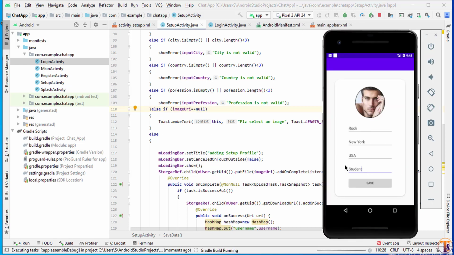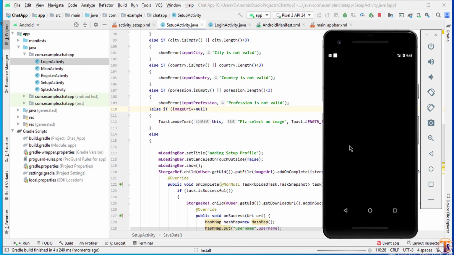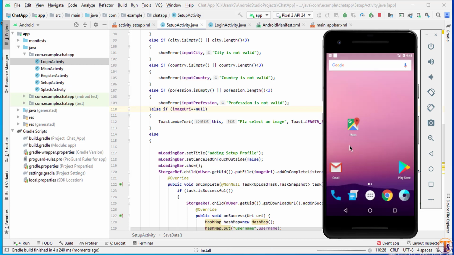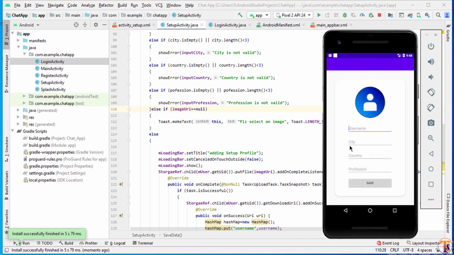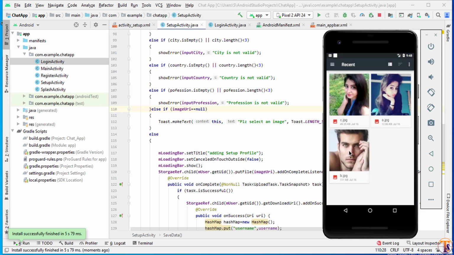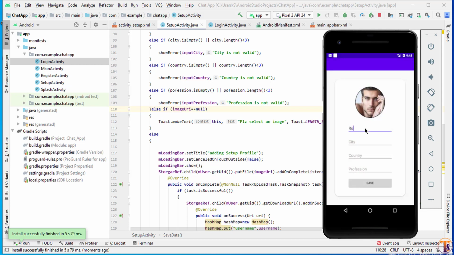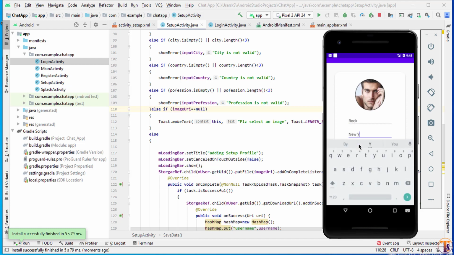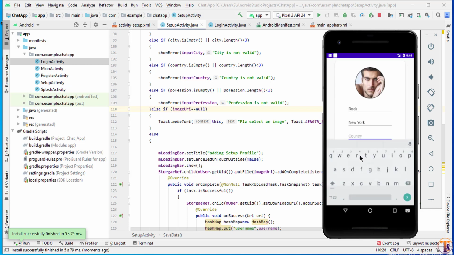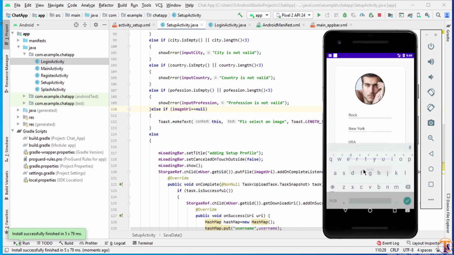Okay, now run the application again and let's see whether this time it works or not. Click on this profile image and select the image, select any username, city, I select New York, you select whatever you want to add, country USA, and this time profession is student.